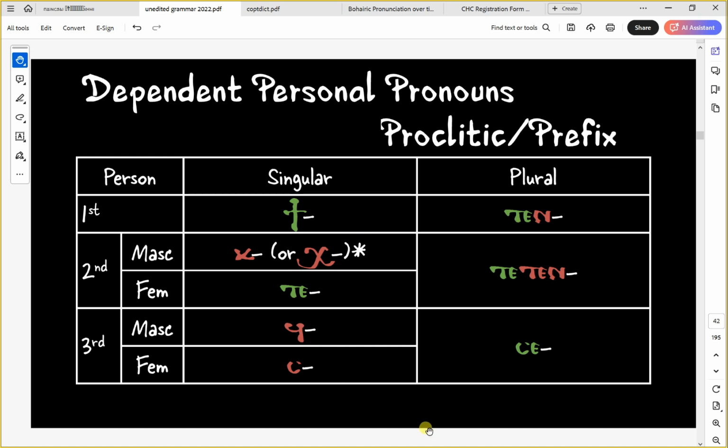So if you want to say I, but it's a prefix, it's T. If you want to say you, but it's a prefix, it's K or K. So we have kappa and ki, and notice they both make a K sound because they used to make a pair, just like we talked about last lesson with B and phi, which would actually have been B and P. And if you remember, you would use the aspirated or the P with an extra H in it. You would use that before the specific